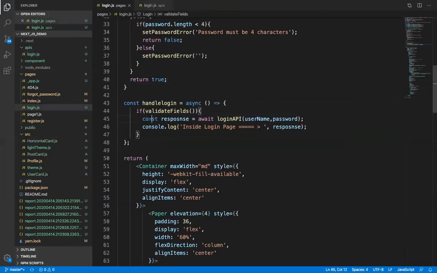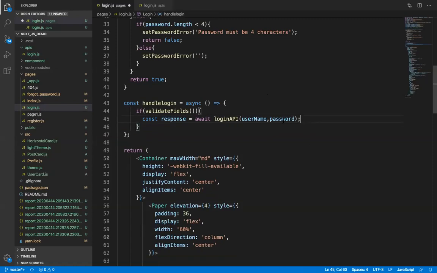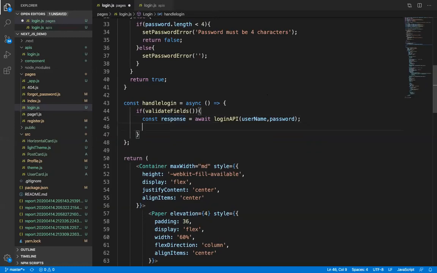When we write const response equals await login API with username and password, it will return the response after successful execution of this part, and the response will have data with some values.